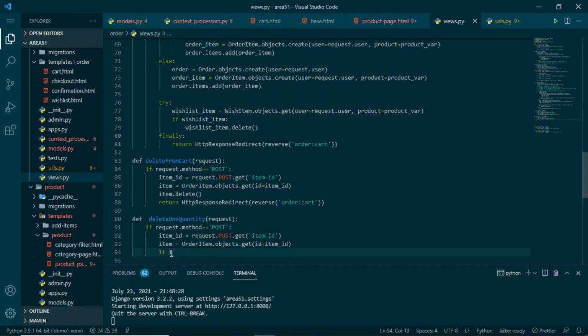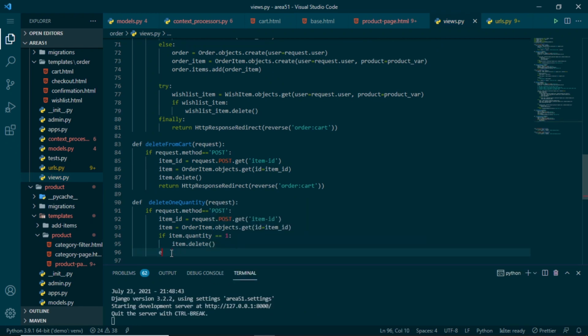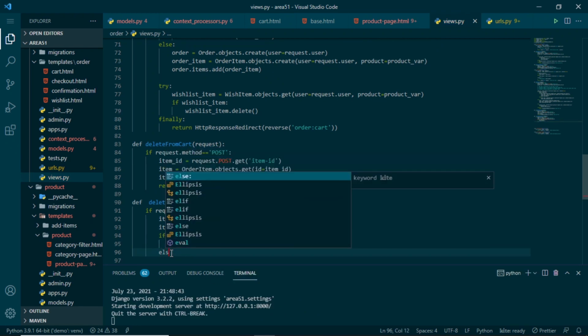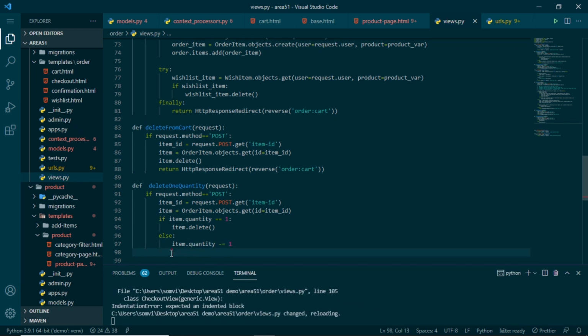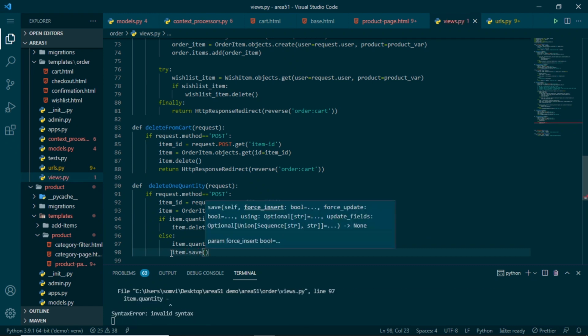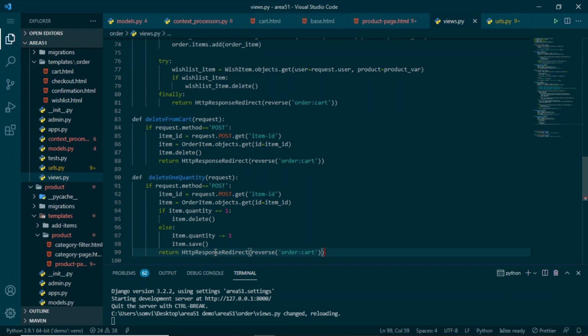So we will see if item.quantity is equal to 1. If it is 1, we will directly delete it. If it is not 1, which means in the else condition, we can say item.quantity -= 1 and item.save, and again I can redirect to the cart page like this.